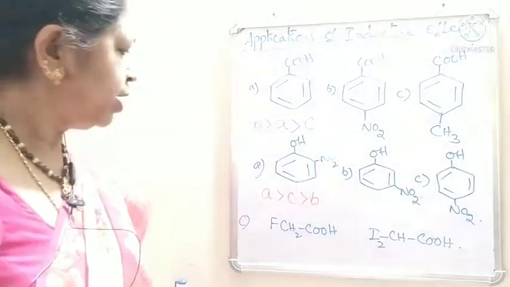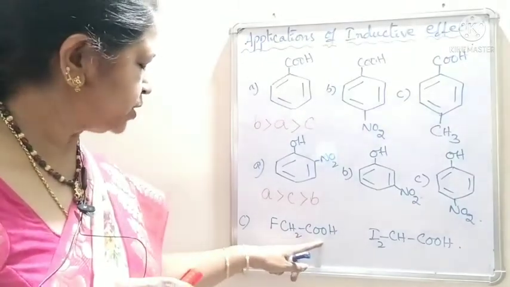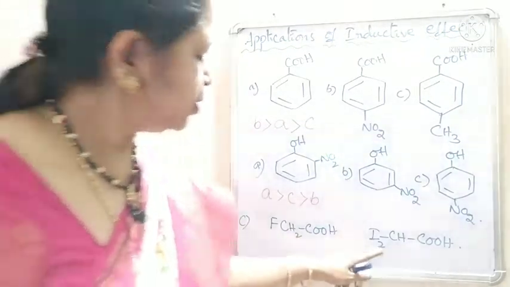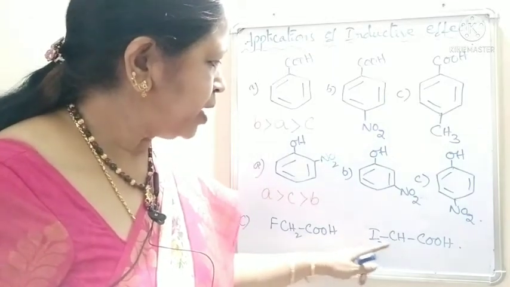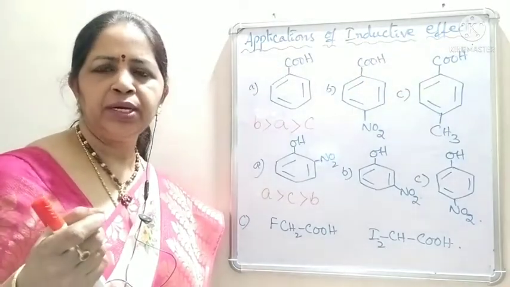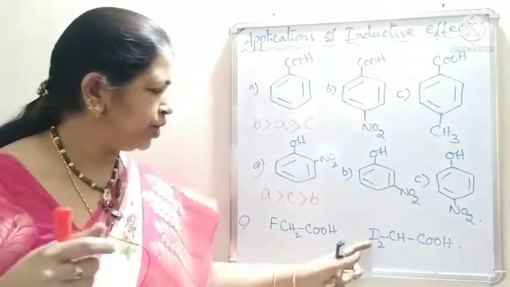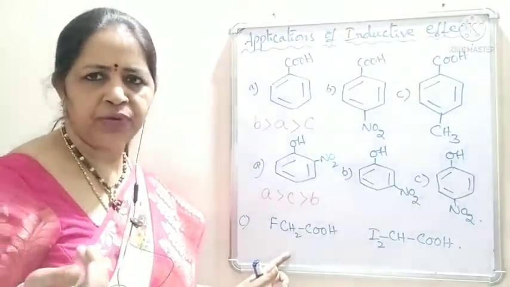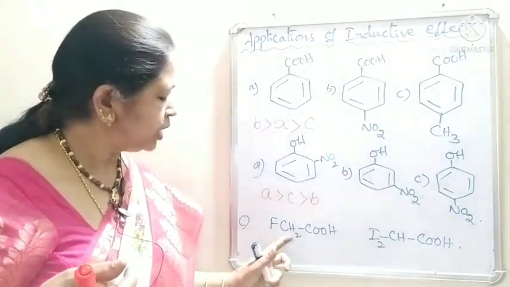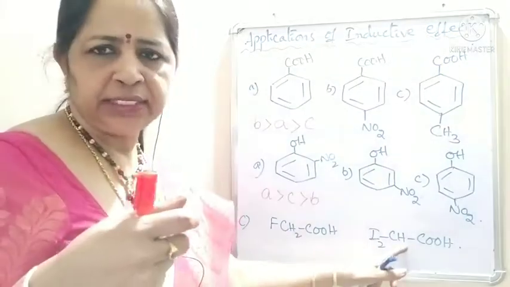Okay, students. Now, coming to the next set of examples, FCH2COOH. This is alpha fluoroethanoic acid. This is alpha diiodoethanoic acid. There is one point here which we have to remember. When we see the electronegativity of fluorine and iodine, fluorine is more electronegative, that point we know very well. So, we will expect that alpha fluoroethanoic acid will be more acidic than this alpha diiodoethanoic acid, but here